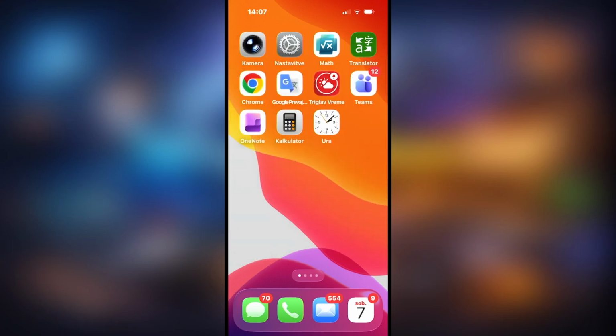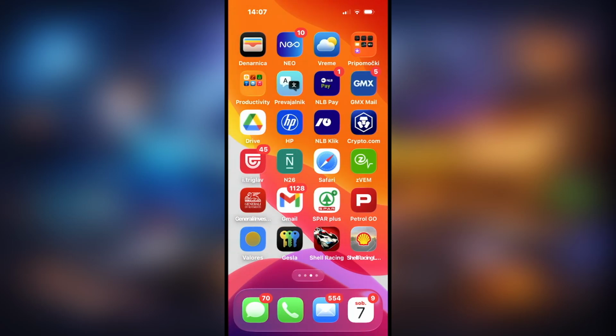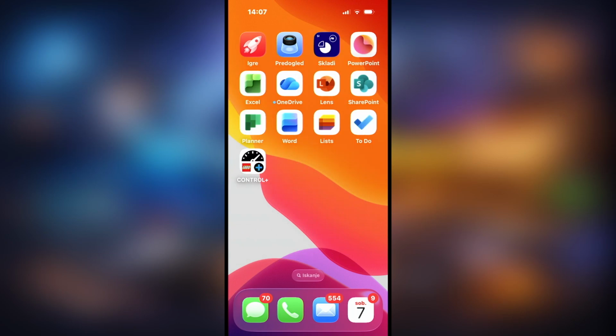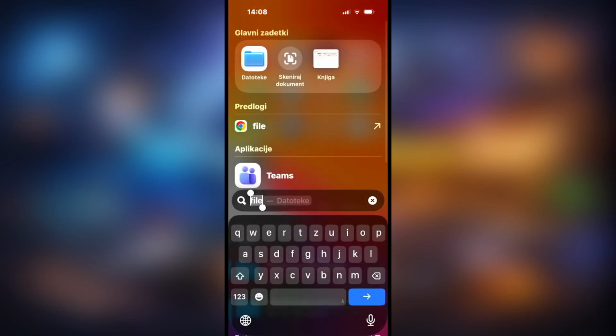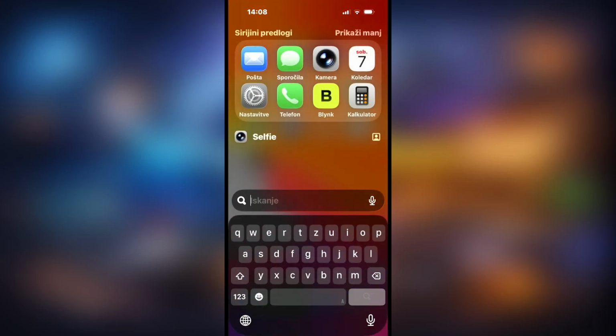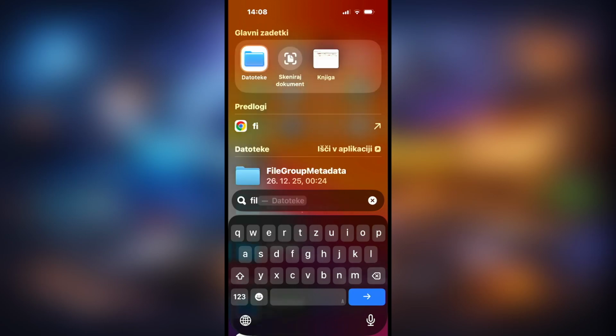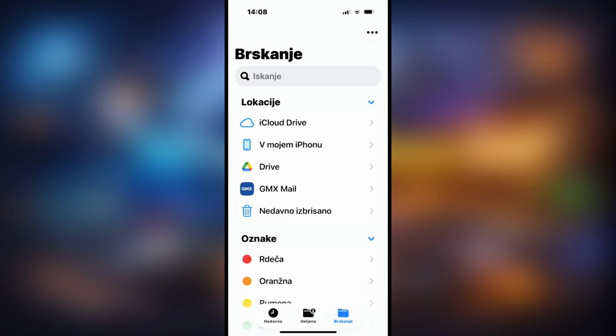Now what we need to do is just push up, and we found this search. Type in file like so, and this app will show up: Files. Okay, so now we have